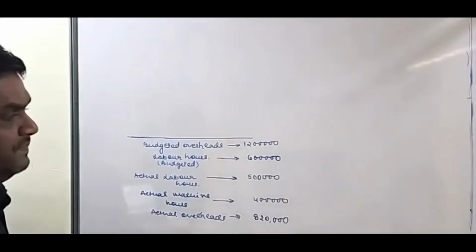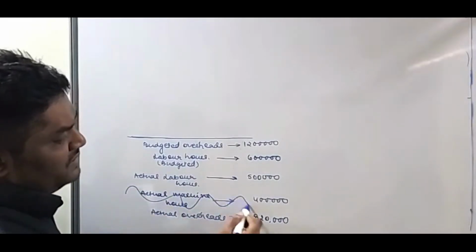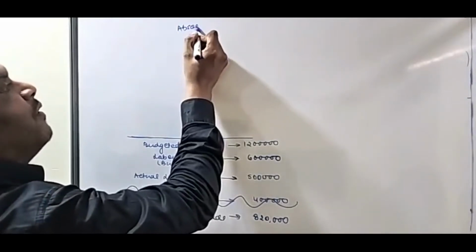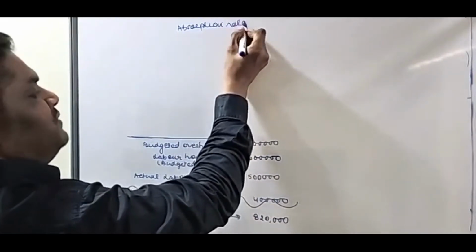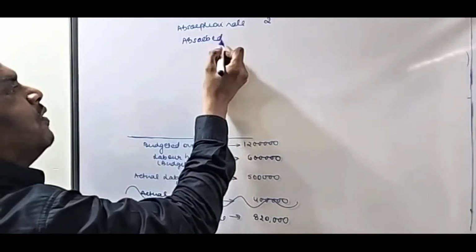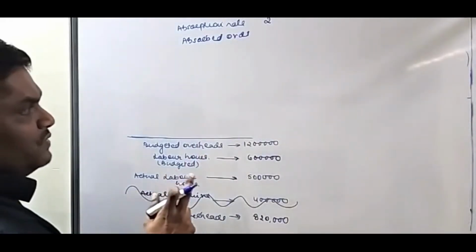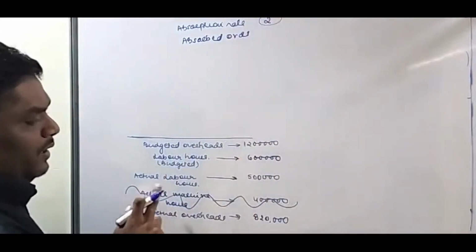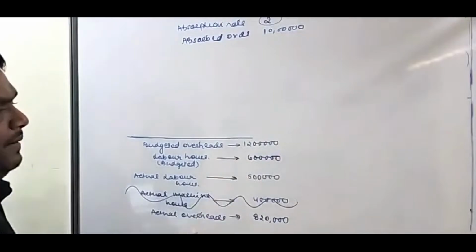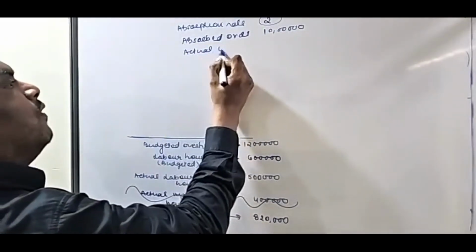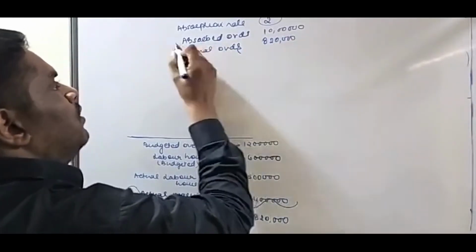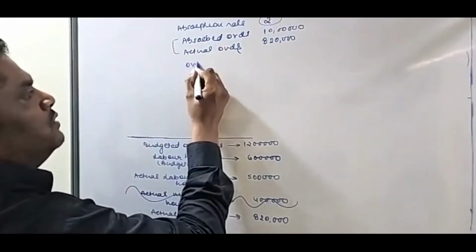So when talking about this question, this information is irrelevant. It is just to confuse you guys. So herein, the absorption rate is how much? Rupees 2. Absorbed overheads: we have calculated the absorption rate as per labor hours, so absorbed overheads will also be calculated as per labor hours only. So you'll get absorbed overheads of 10 lakh, and my actual overheads are 8,20,000. So herein my absorbed overheads are more. So it is over